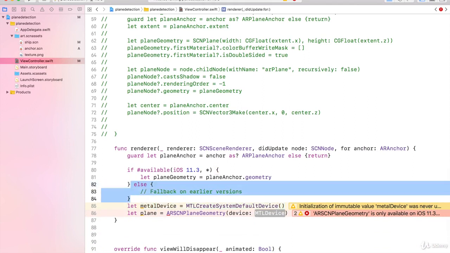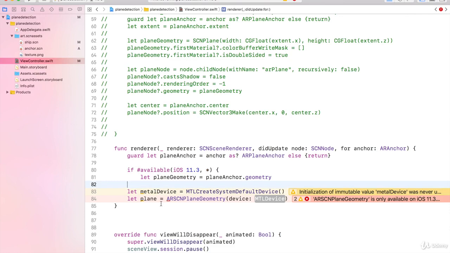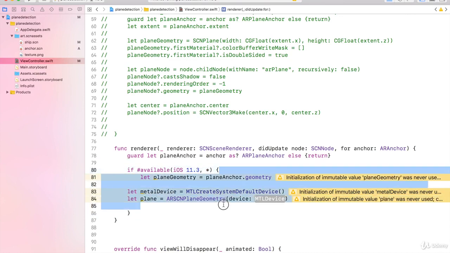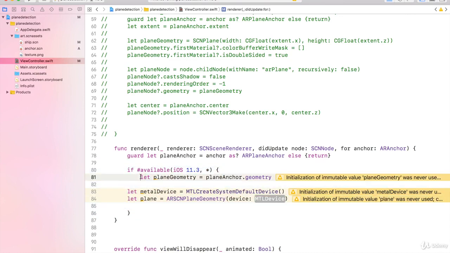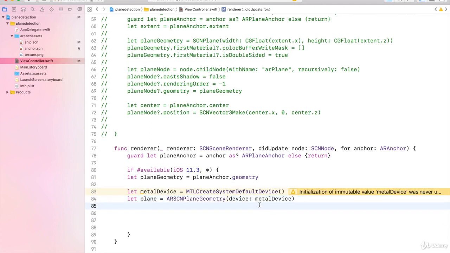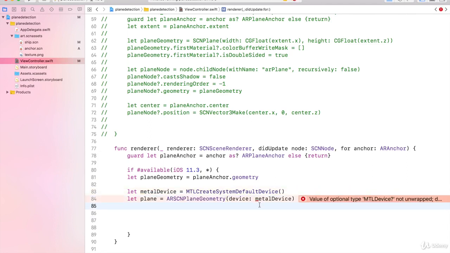Remove the else. Okay, so if iOS 11.3 is available, then we will do everything we're doing here. Okay, so first, plane geometry, then metal device, and then we create this plane from the metal device. And this will enable us to then pass this plane. So if I now do plane dot